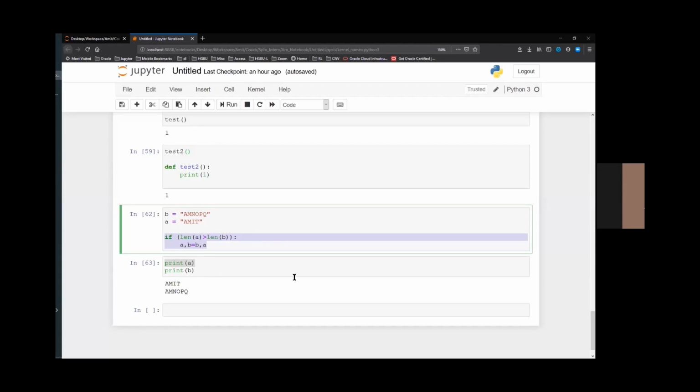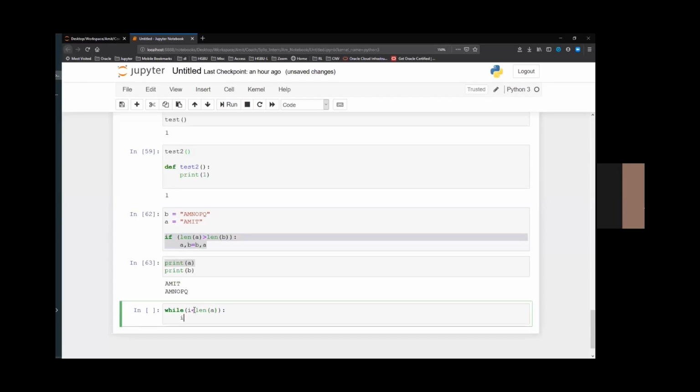and then you can do that looping and other things. Now you can have your while loop. Because I know that A is storing the minimum string, I can say while i less than len of A, if A of i double equals B of i, I can print A of i, or B of i, whatever, and let's end this with an empty string so that they are printed together in just one line.